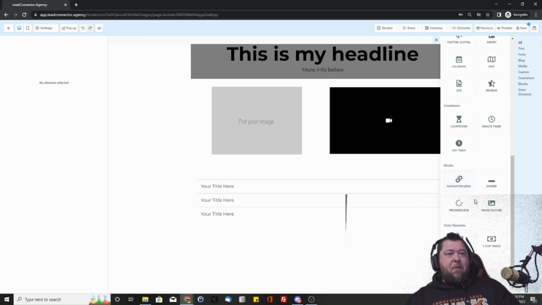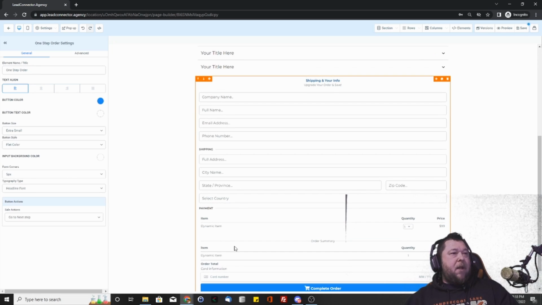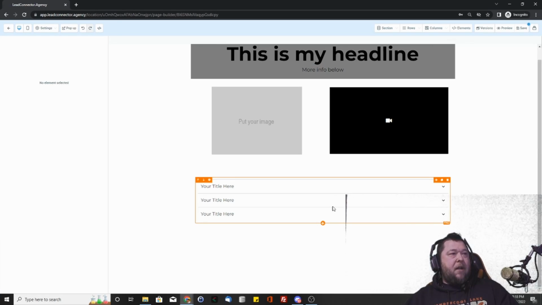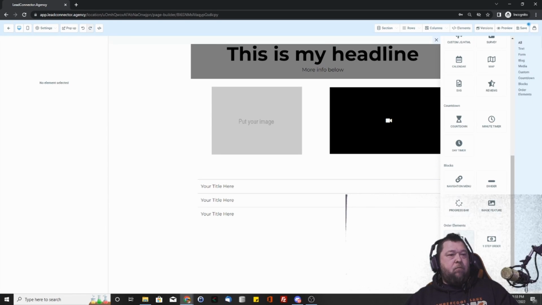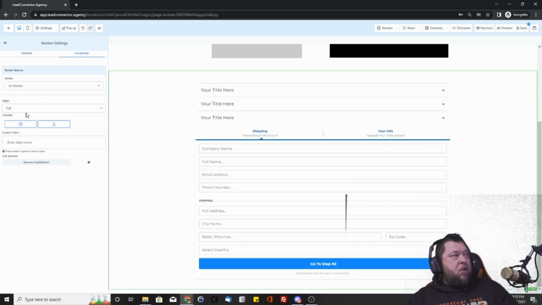Another one that trips people up is we've got different order elements. We have one-step order, two-step order form, and order confirmation. Order confirmation is like a receipt, it shows what they ordered. One-step order form is going to give them the ability to fill in their information, select their item, and complete the order in one shot. The two-step order form is going to have 2 different pages. It's going to select their name and shipping info, and then their other info, and you can switch between all of the different